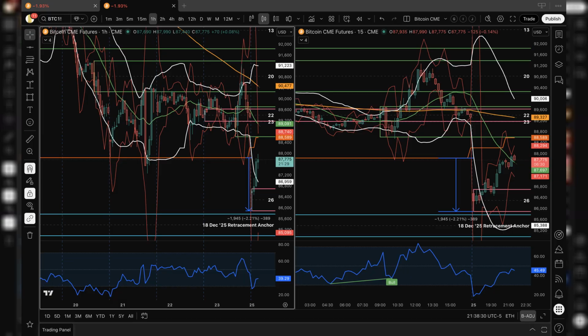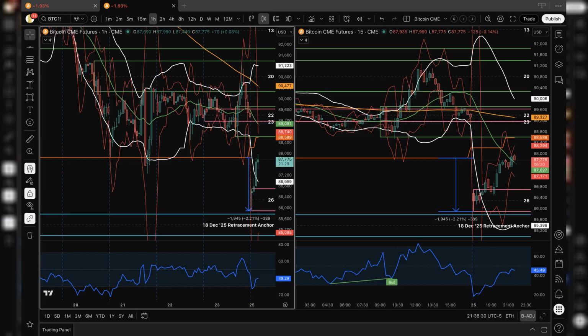After reclaiming the Asia session anchor, price entered a different phase of behavior. Instead of continuing higher aggressively, price began to rotate slowly upward, revisiting levels that had previously been left behind during the sell-off. This rotation occurred gradually, with price frequently pausing and consolidating between pushes rather than moving in a straight line. During this period, short-term Bollinger Bands narrowed noticeably, reflecting a reduction in volatility and a shift away from urgency.